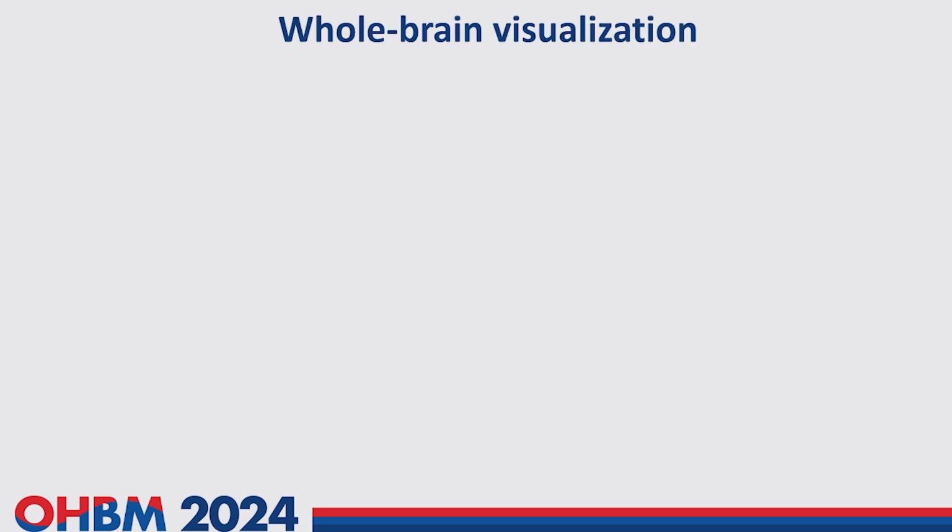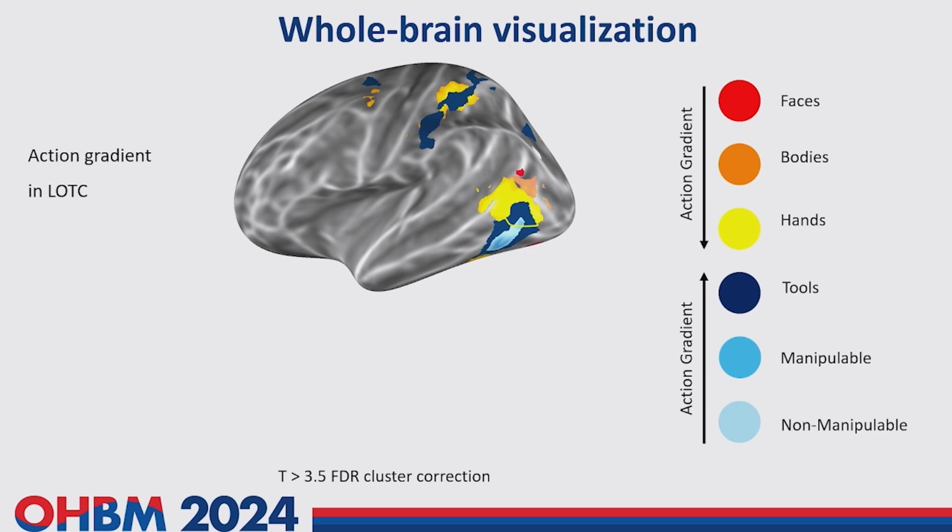So first of all, we visualized on the whole brain surface the selectivity patterns for each of the 6 object categories. And here we can see the results. In the left lateral OTC, we see a sort of action-related topographic organization from dorsal posterior to ventral anterior. We see an activation for bodies, this cluster in orange, then a big activation for hands that can be dissociated from the activation for bodies in yellow, then an activation for tools in dark blue, and you can see that the hand cluster and the tool cluster overlap. Then we see a smaller activation for manipulable objects